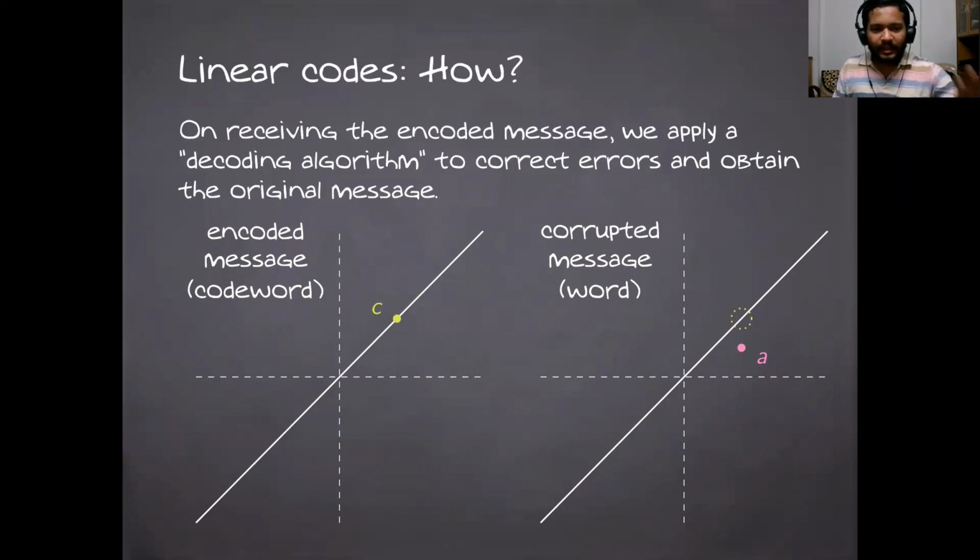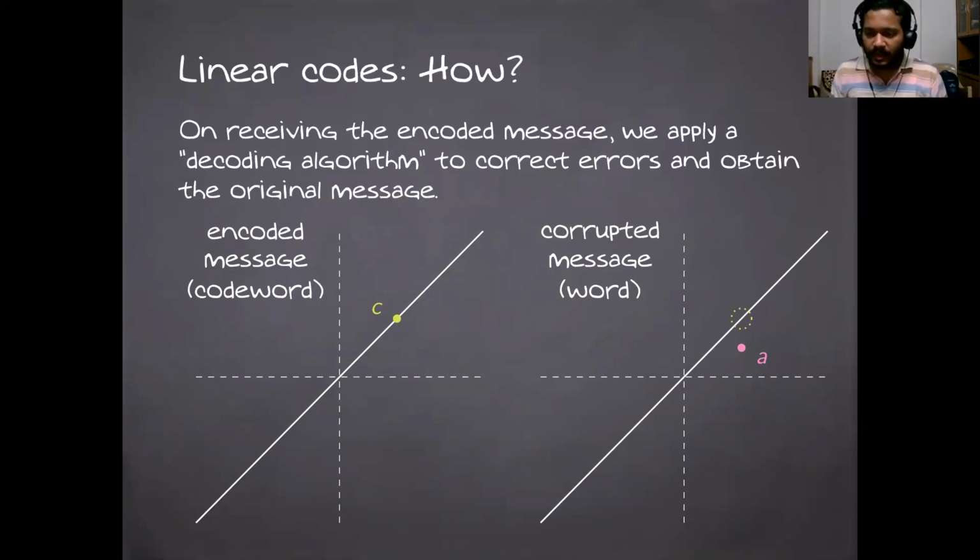So pictorially, a linear code is a subspace. I'm limited by 2 dimensions, but this hopefully makes things clear. So the encoded message, a code word, that's the technical term in coding theory. We call it a code word, which is an element of the linear code that we have chosen. So the code word is an element of this subspace. Now, when you pass it through the channel, upon the receiving end, there could be some errors. So you no longer would have a code word. Instead, you would have just a word, a corrupted message. A word is just an element of the ambient space. It need not belong to the subspace. That's the difference.